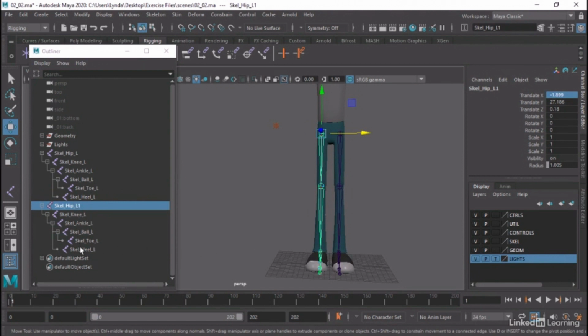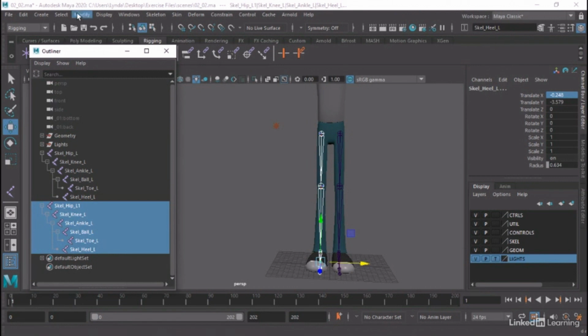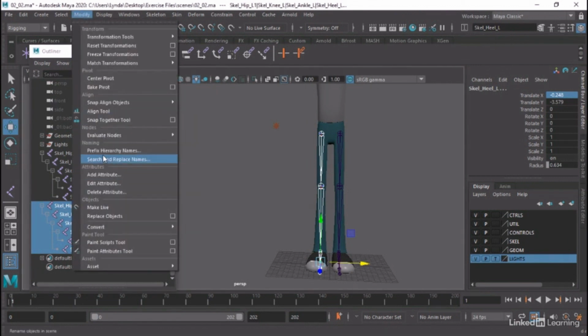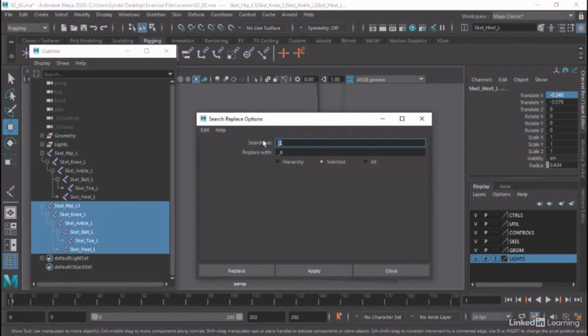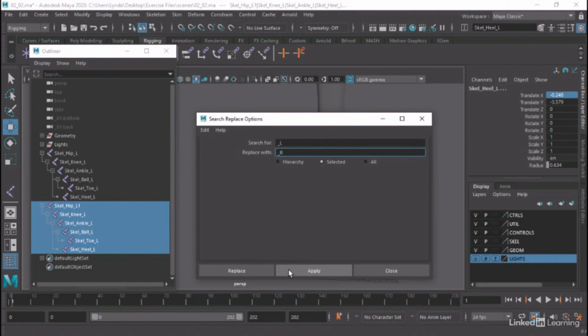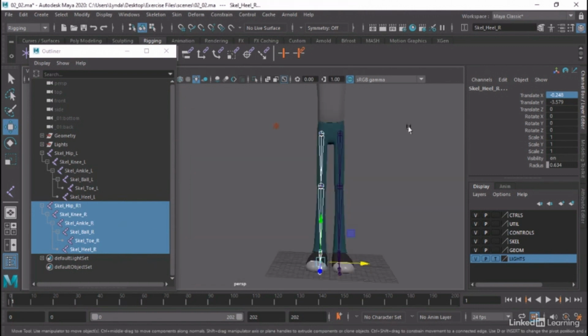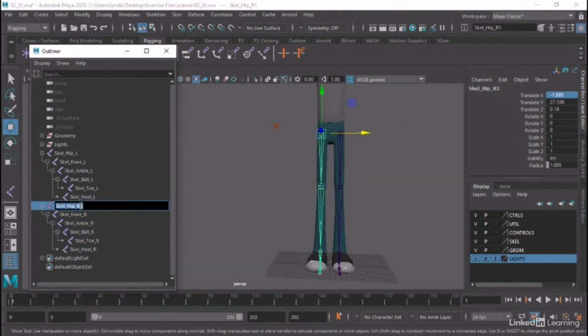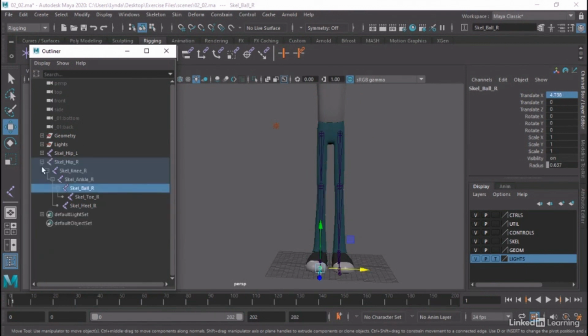But the naming is off. So I'm going to just select all of these, and we're going to go Modify, Search and Replace Names. So I'm going to search for _L for left and replace it with _R for right. Hit apply. Let's change them all. This one's got an extra little character there. So there we go. So now I have these joints